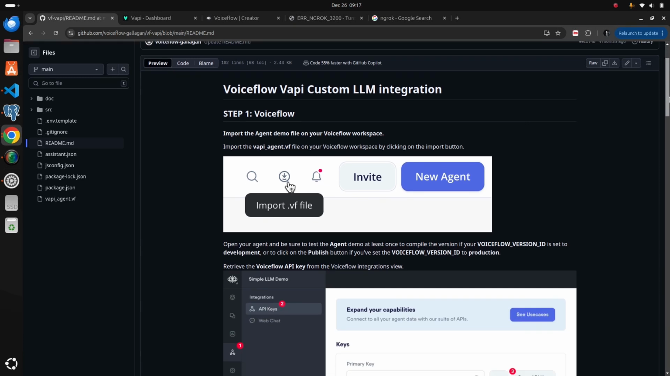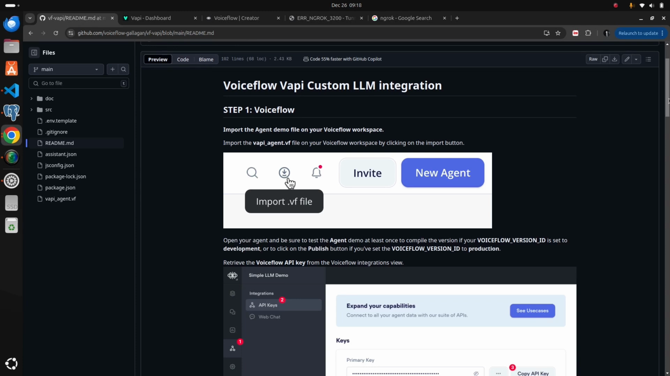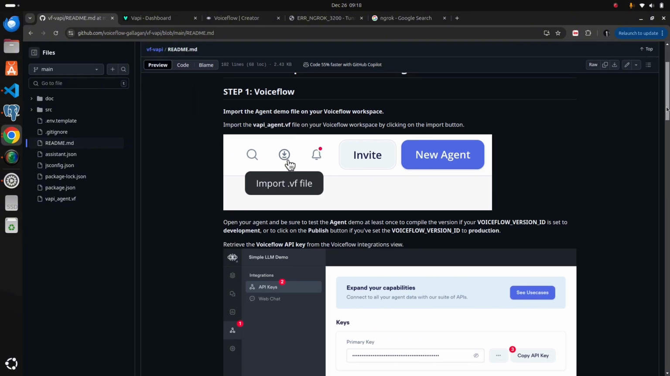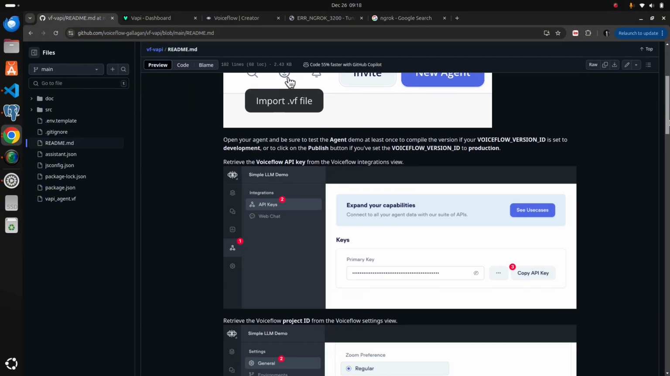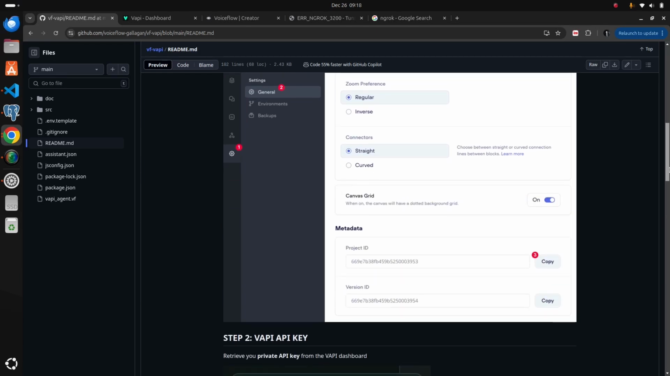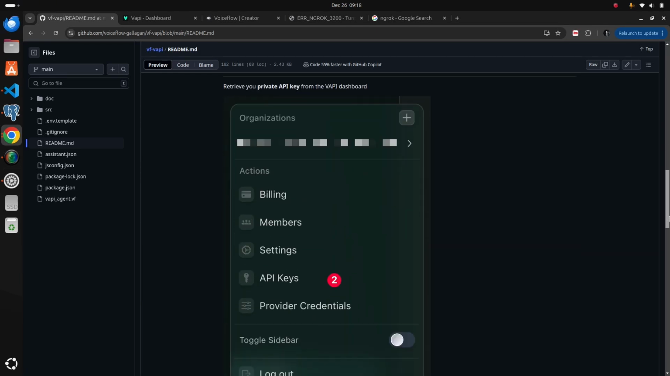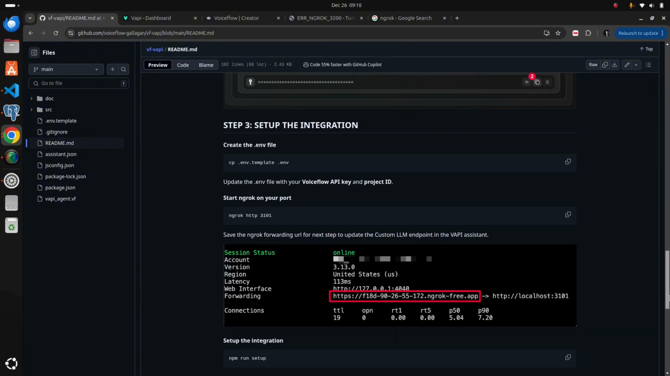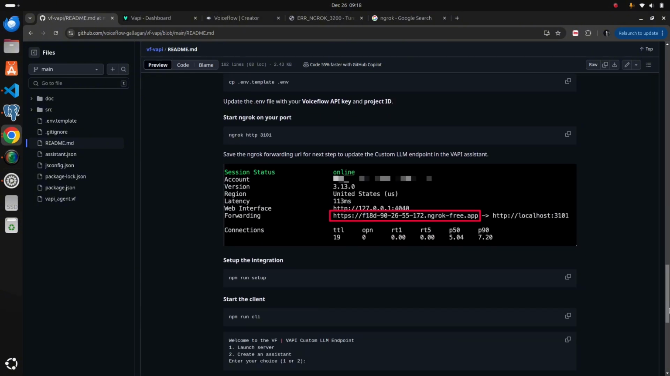So basically, I'm assuming that you got through these first few steps on the Voiceflow GitHub README. So you start by just exporting the file, or importing it rather. Collect your API keys that you're going to put in your .env file, and then it's this step here where they tell you to run this command,